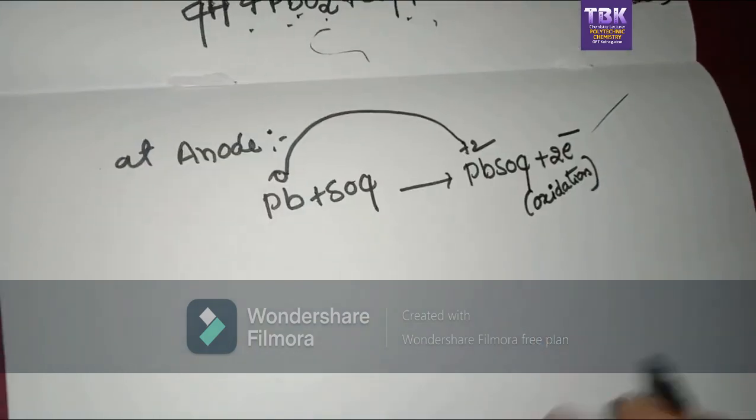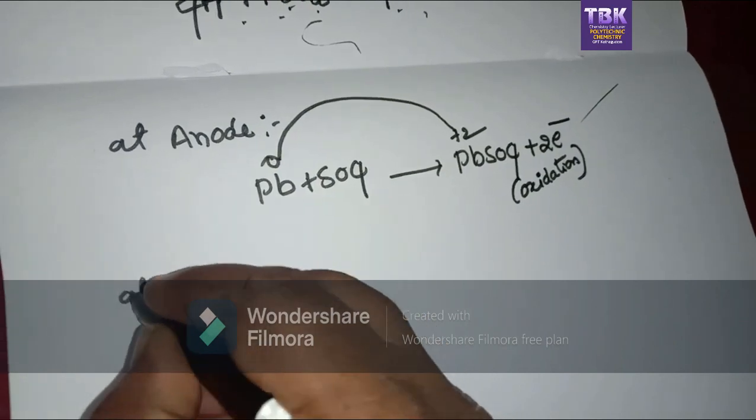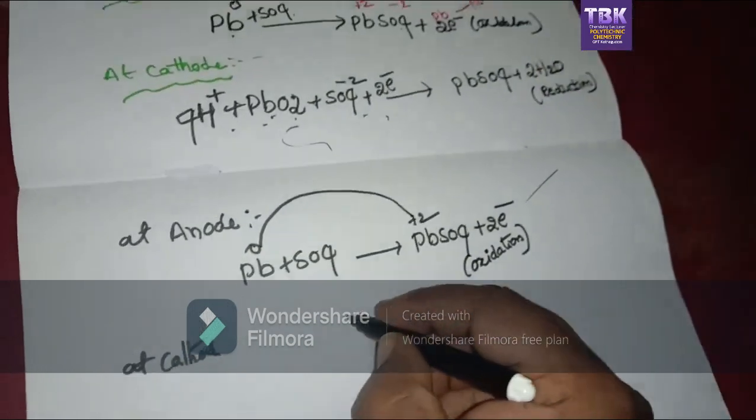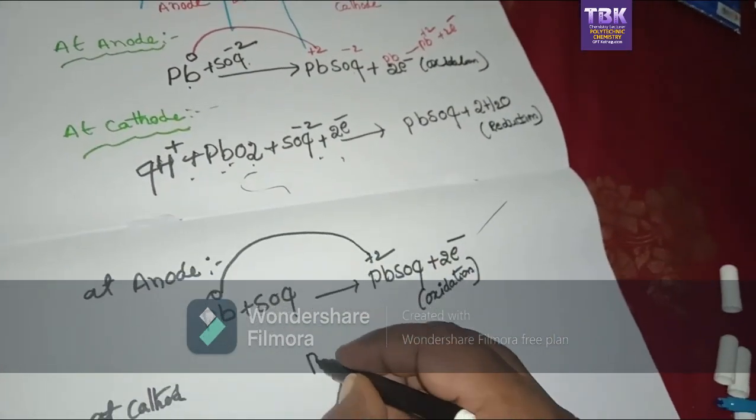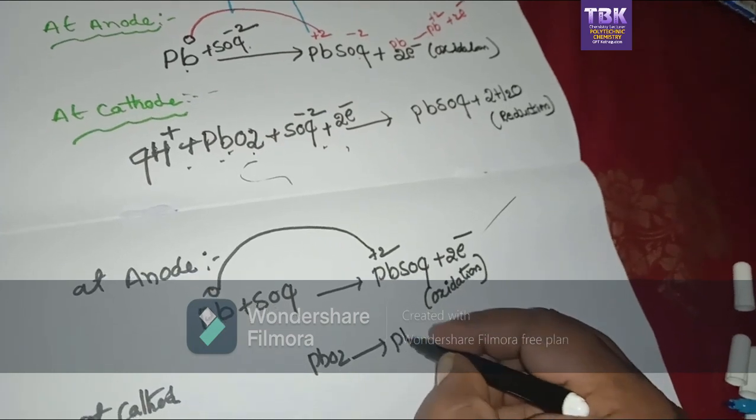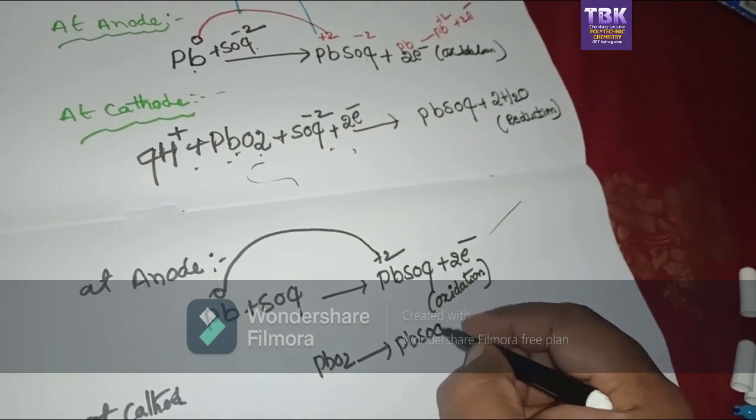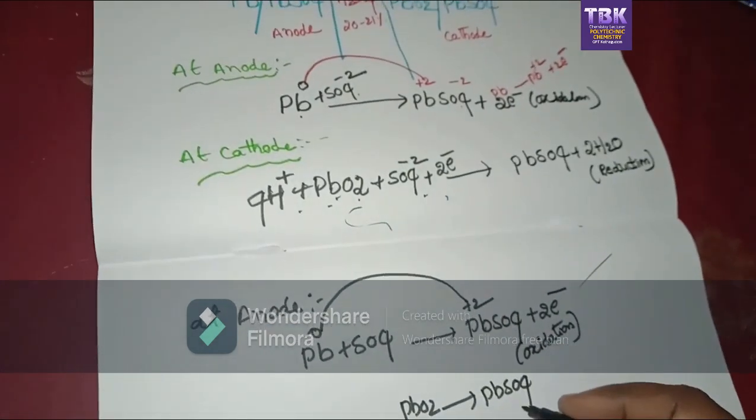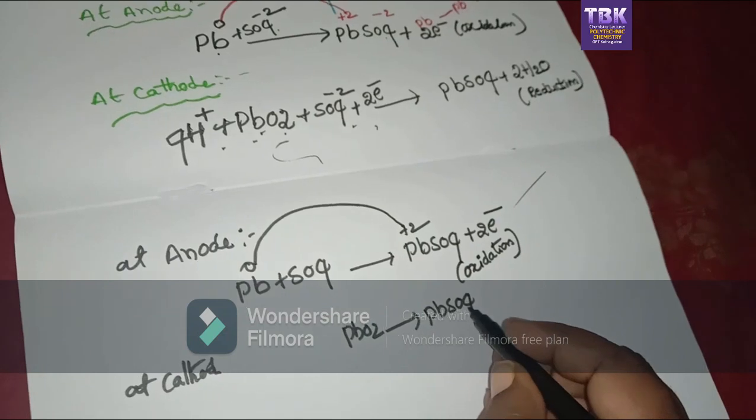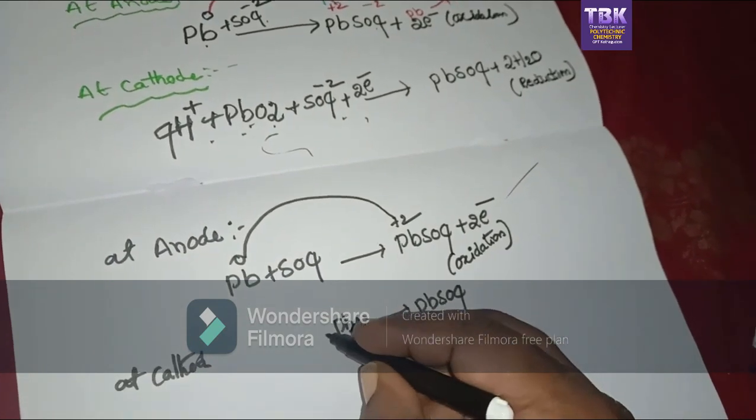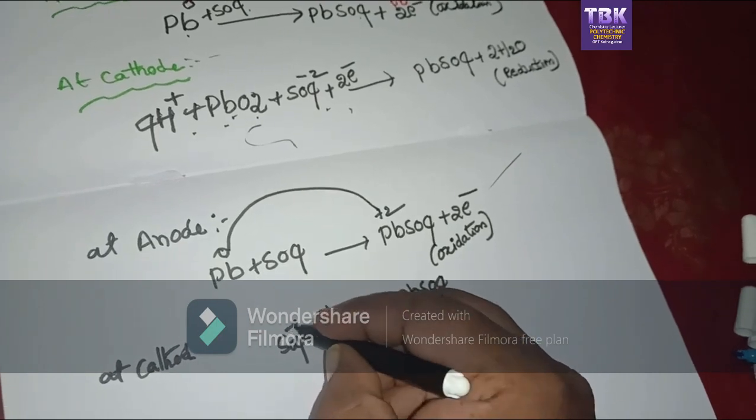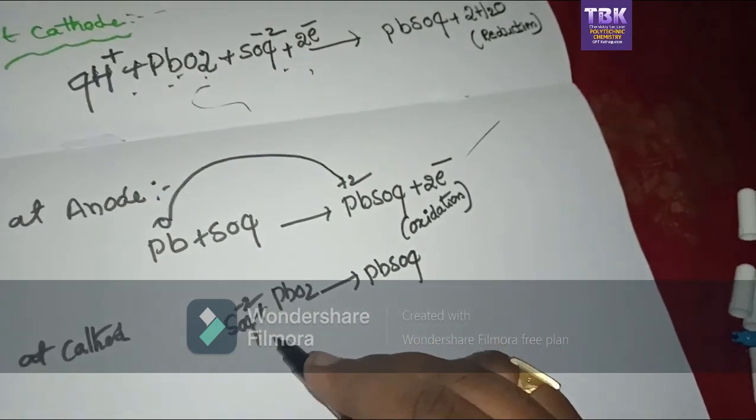Okay, come to the cathode reaction. At cathode, PbO2 is converted to PbSO4. So it contains sulfate ion, so include sulfate ion, SO4 minus 2. When balance the equation,